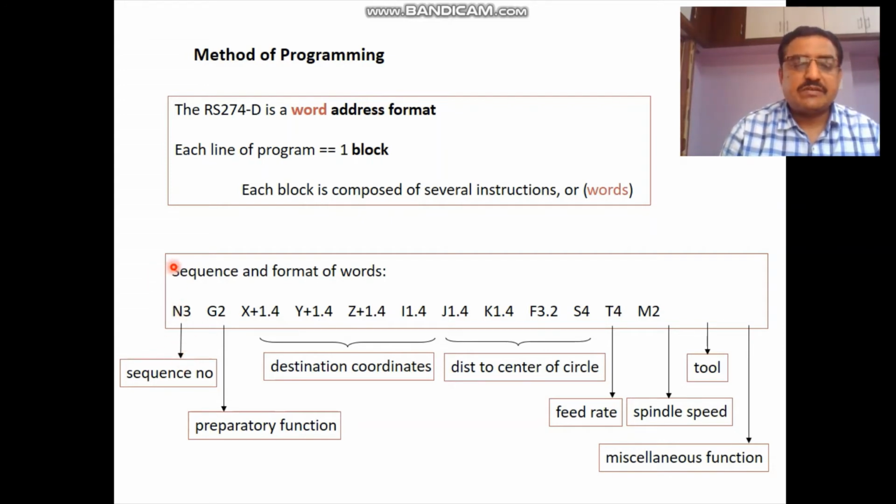First is the sequence number. This is a G code, which gives the action to the tool. These are the XYZ coordinates, these are the secondary coordinates, these are the process parameters, and these are the T or M codes. With all these instructions, one command with all the data and process parameters is given to the CNC machine. This is the word address method of writing a program. This is an address and this is the given word. Every sentence is written in this method.